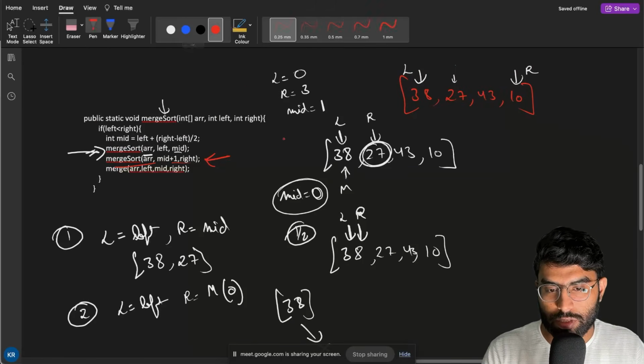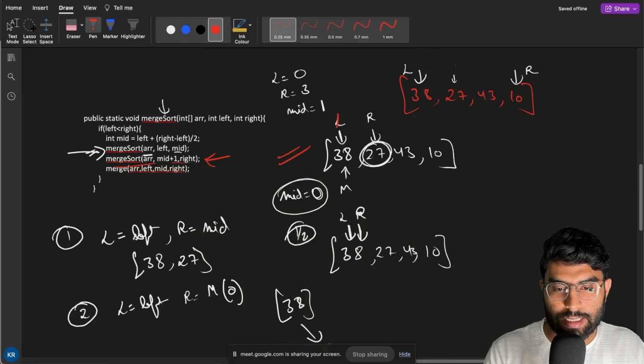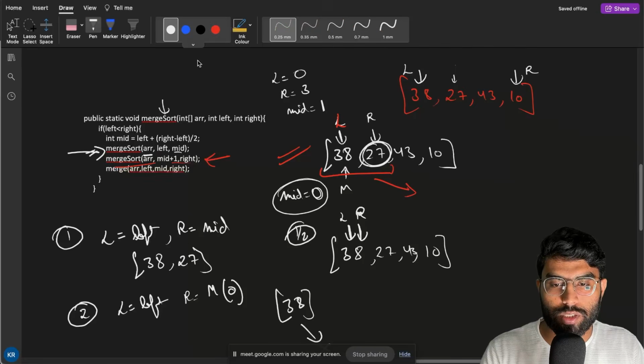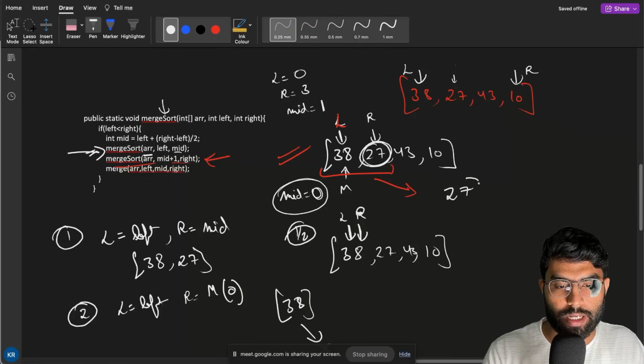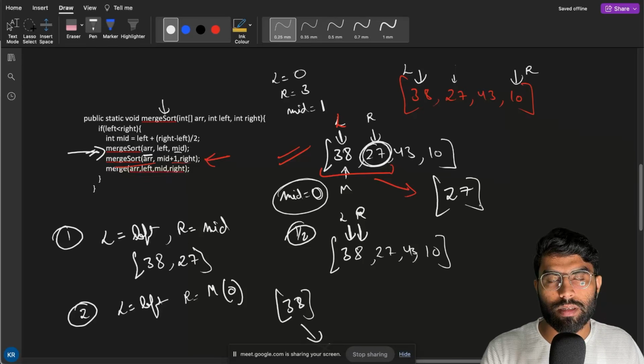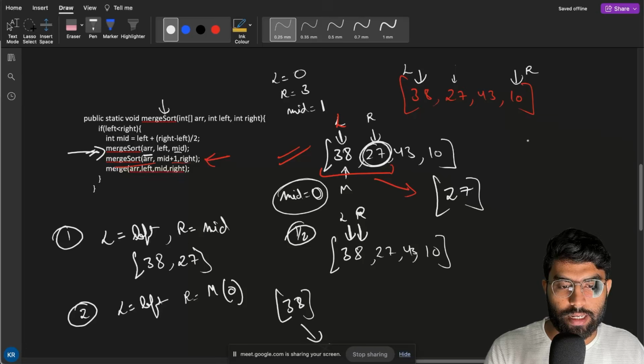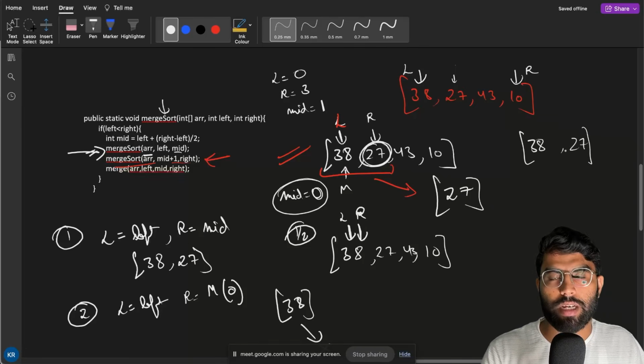It will go to the call when left is at 0 and right is at 1. This was the array. Now it will collect the right array, so we will get 27 from here. Got it? Then when it completes, at the end we will get 38 and 27, which we can't